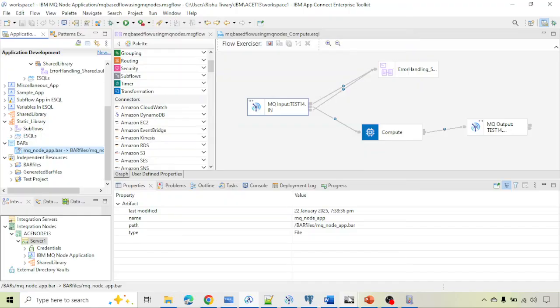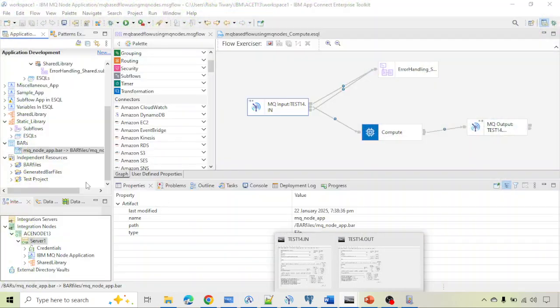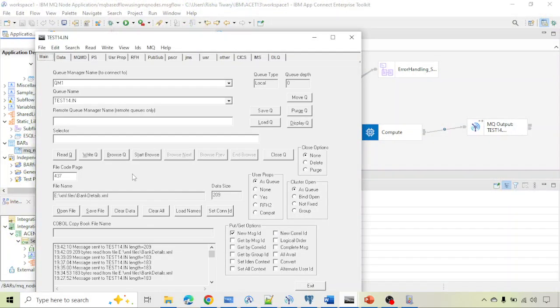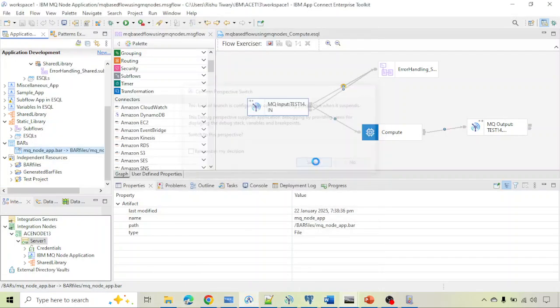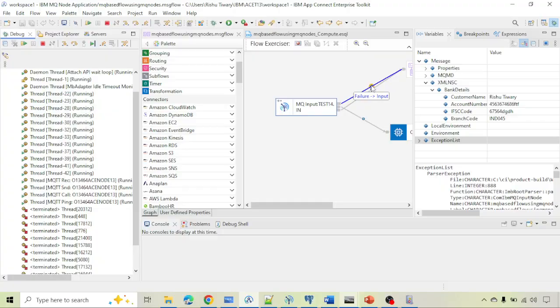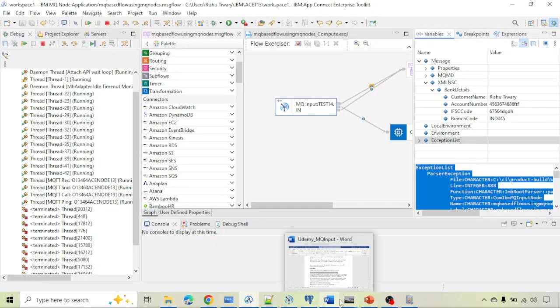And now let me hit the flow. It executed, and you can see it is going to failure. And what failure information is coming? If I copy this information to show you,